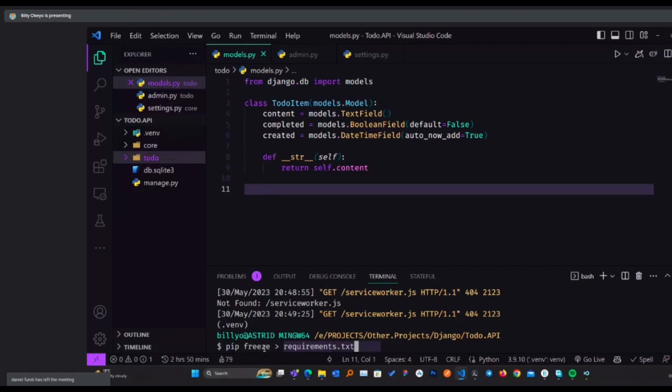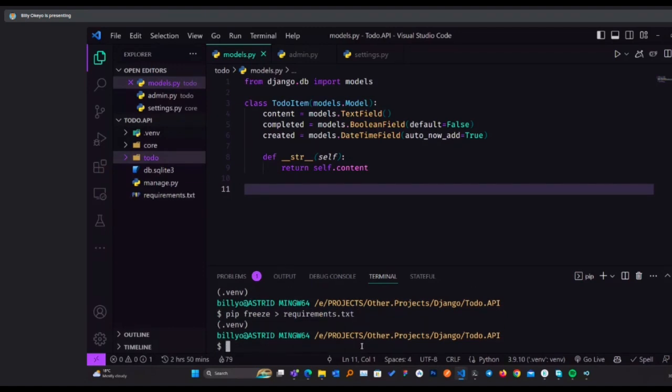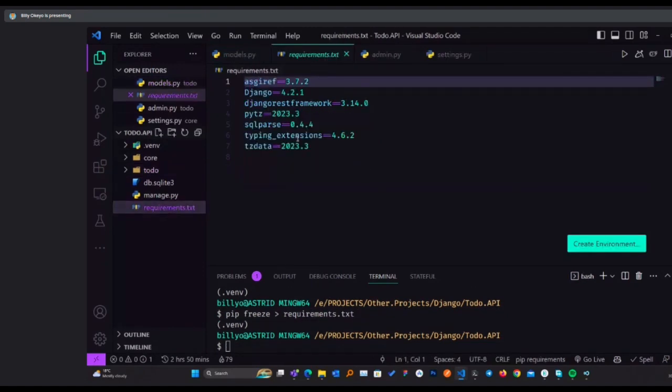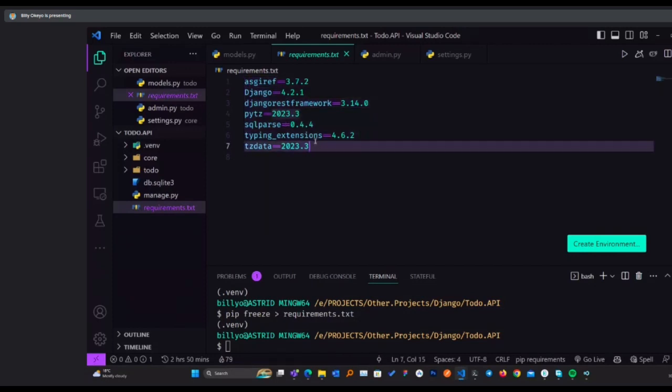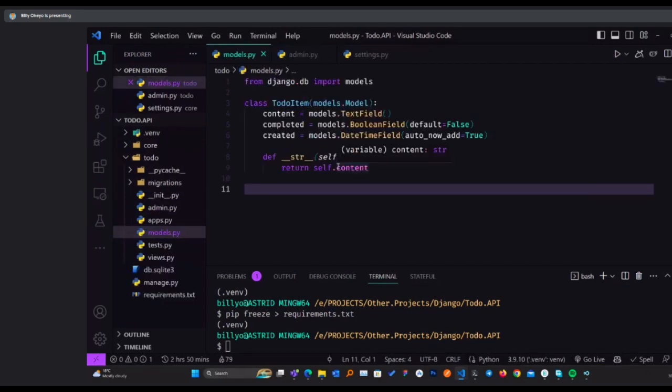I'm freezing all the dependencies, or rather all the libraries I've used. If I run that, it will create a requirements.txt file listing all the packages this project depends on. Whenever we share this, they'll see all the packages you're using with their exact versions, so they can install from this. I'm hoping that answers your question.